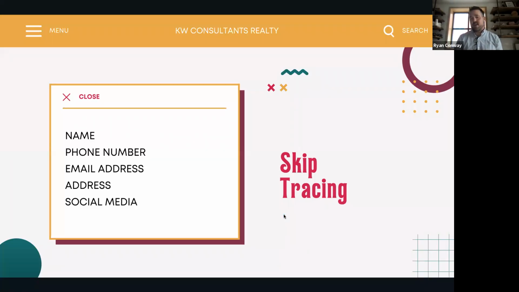That's dealing with the bad contact information. We want to have full contact records for people. So we're ideally looking to have the correct name for them, phone number, email address, their physical address, or social media. If I have any of this information and can identify at least what is correct in that, I'm able to use that to be able to find the other correct information.